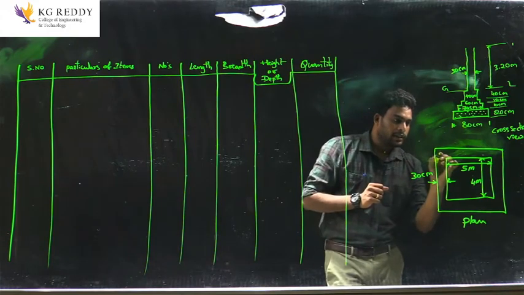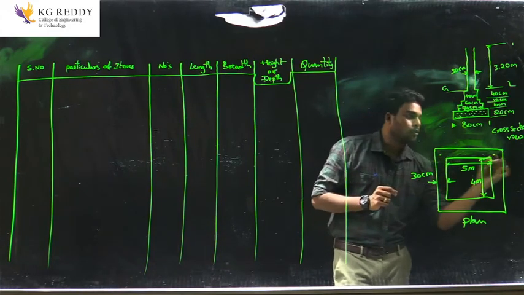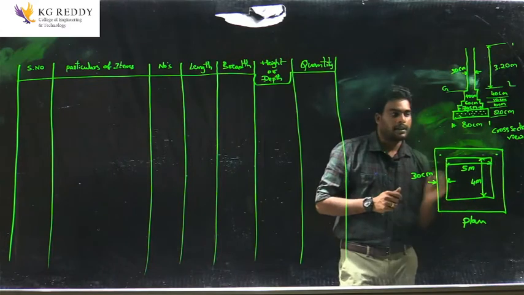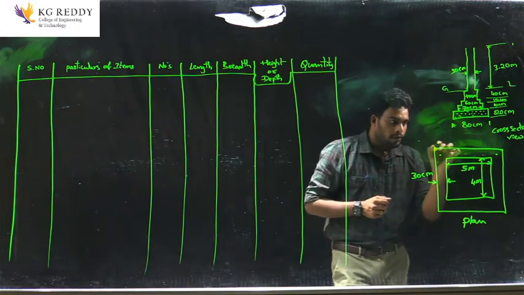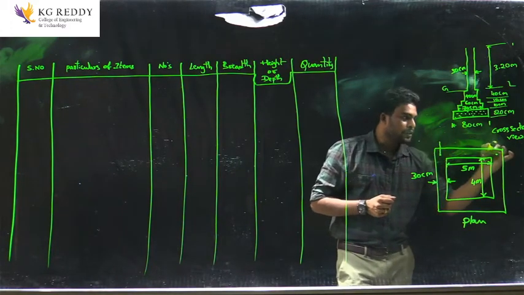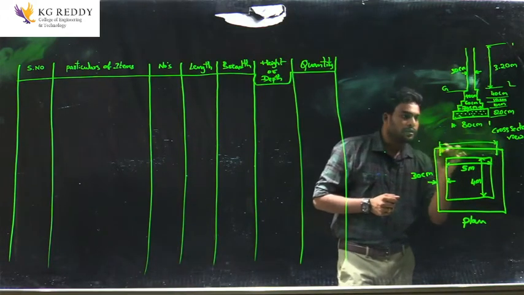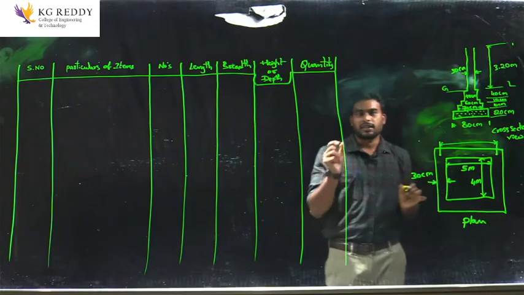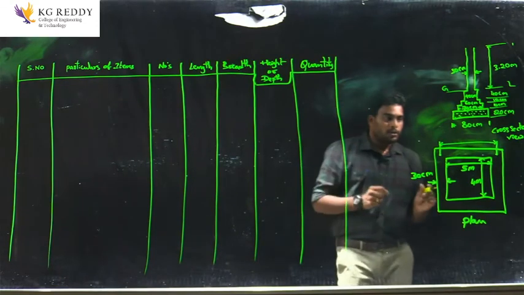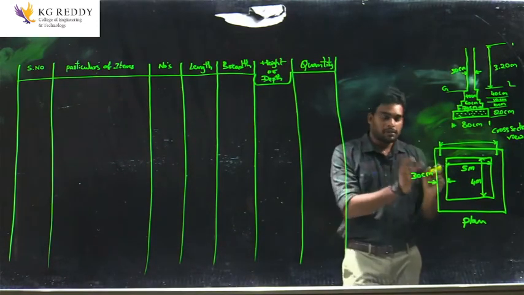See, this is the center point for this long wall, and this is the center point for this long wall. So now we are going to find out the distance from here to here. That is the center to center length of the long wall. So how will we find it? Just observe here.